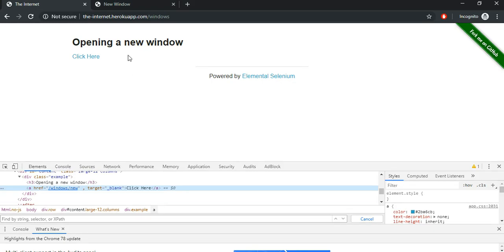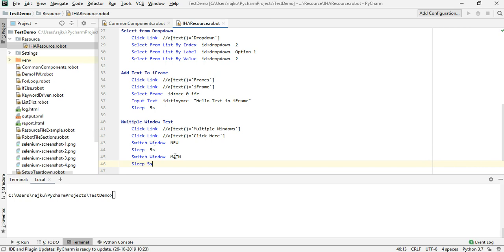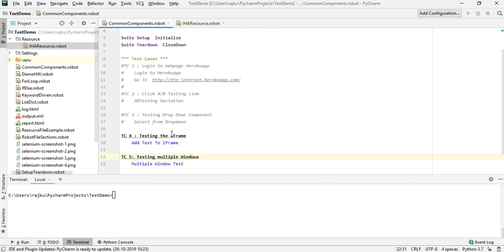So currently after switching to this particular window, we don't have any controls here, but if there are controls after switching to this window, we can perform operations on it. So it just has this text. If there are any controls, then your code will go here after Switch Window to perform any operation on the new window. Okay, so let me save this and then go back to my common components robot,